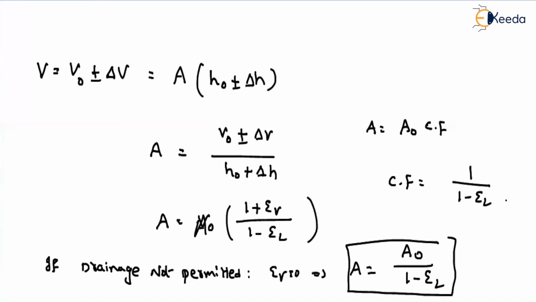And what are the limitations? This experiment is more complicated compared to the direct shear test. If you are talking about cohesive soils, allowing consolidation in cohesive soils will take a very long time compared to the direct shear test. And during this test, it is very difficult to find the total area at the failure point.